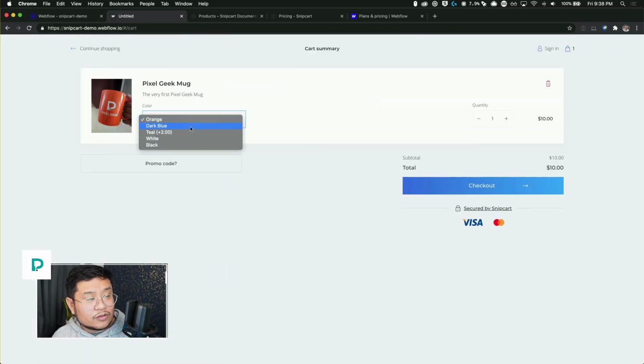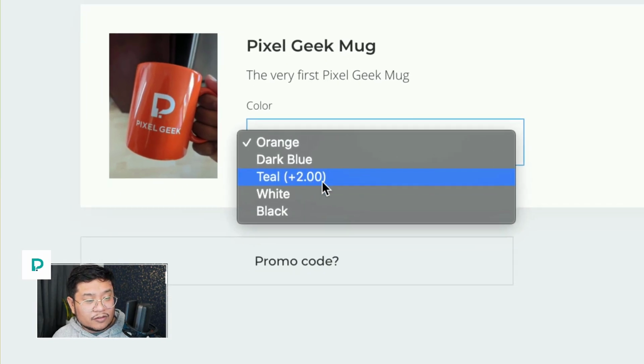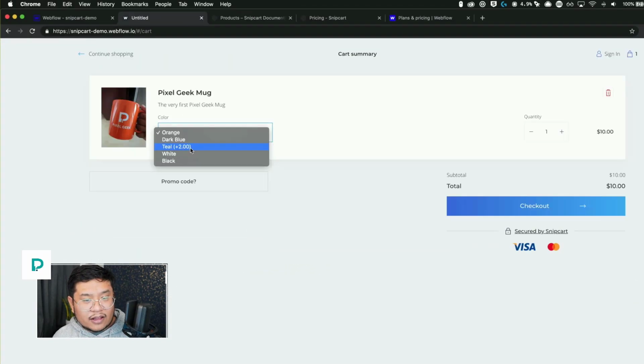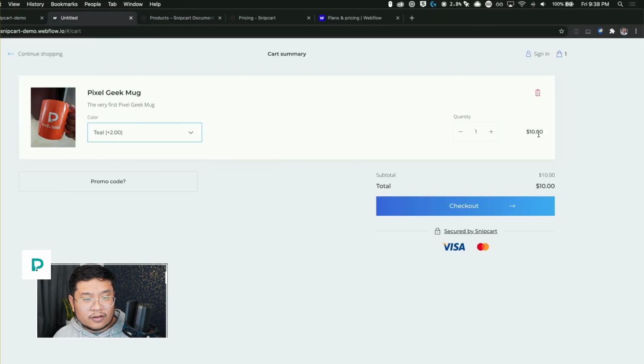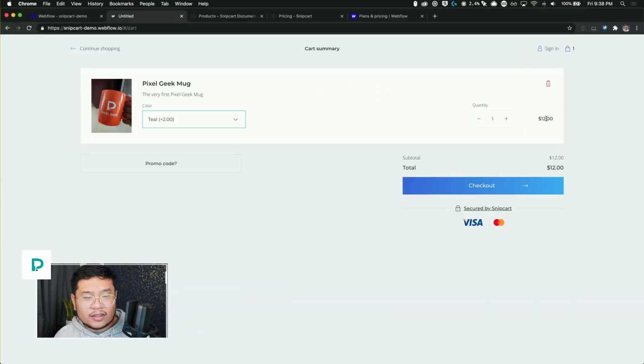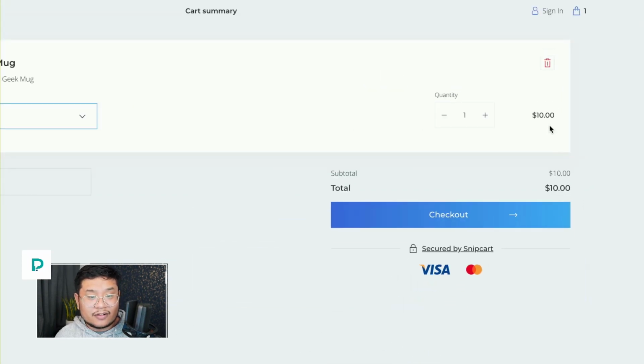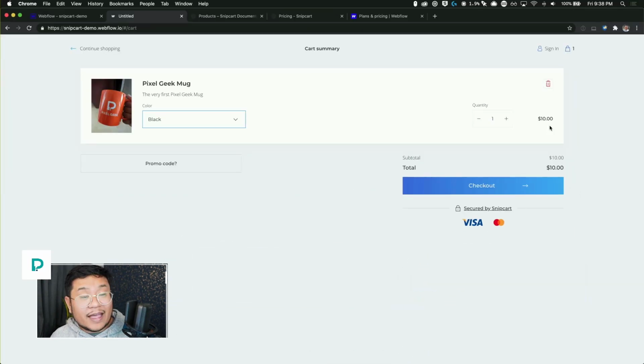We have my orange, dark, and see how this one says plus $2 in parentheses. If I click on this, that number gets updated. So that's now $12. If I click on another color that doesn't have that extra dollar amount, the $12 becomes $10 again. All right, so that's how you do variants inside of this.